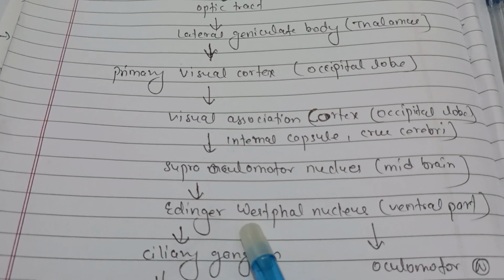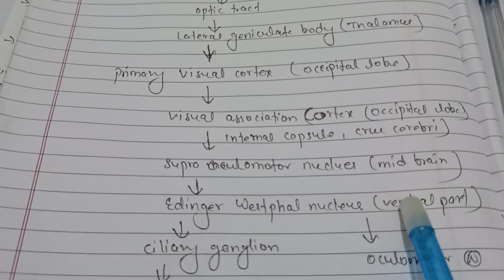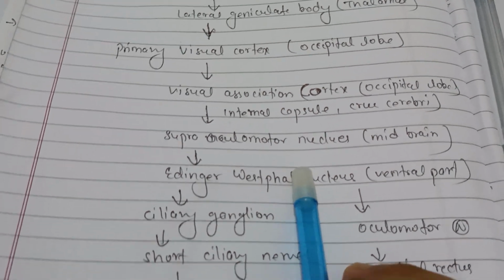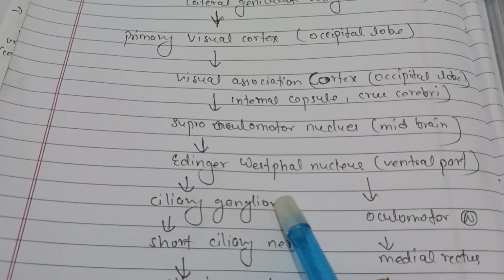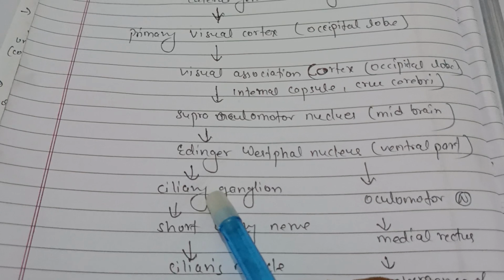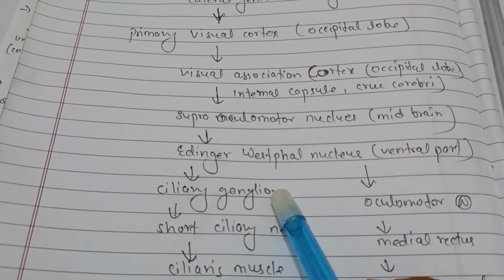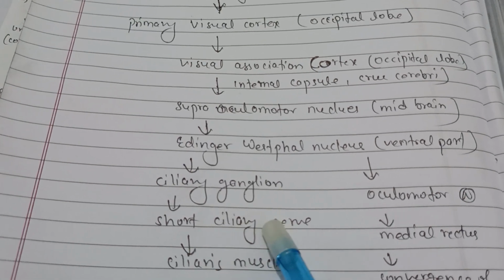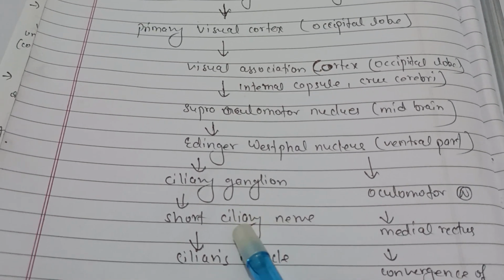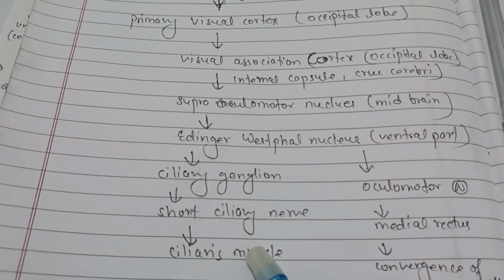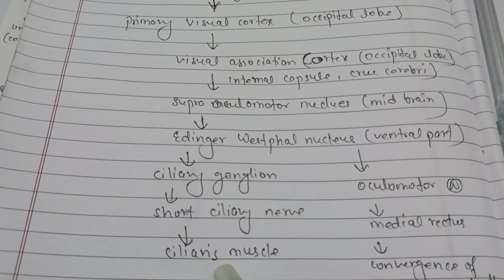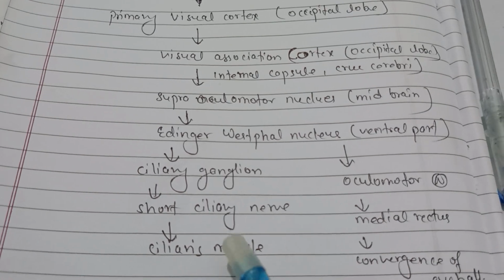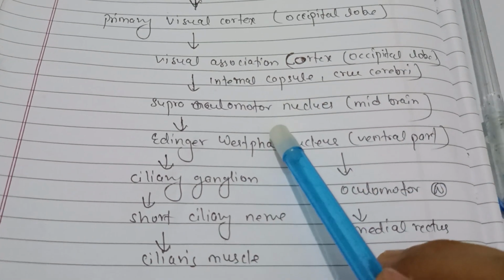to the Edinger-Westphal nucleus, which is the ventral part, and from the Edinger-Westphal nucleus the neurons project to the ciliary ganglion, and from the ciliary ganglion the postsynaptic fibers transmit to the short ciliary nerve, and from the short ciliary nerve it goes to the ciliary muscles, which causes the lens to increase its depth of focus by increasing the radius of curvature, and also from the Edinger-Westphal nucleus